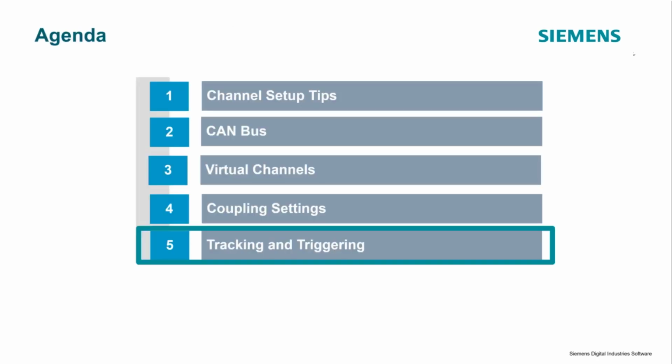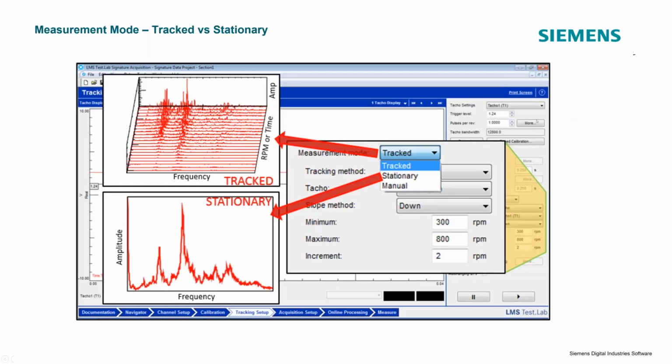Last thing we're going to talk about on the tracking setup page, there is a lot of important information you need to look at and set. So we're only going to talk about 2 things, detailed information. But really today, I only want to talk about the tracking method. That's the major choice we need to make when we're on this tracking setup page. Are we going to do tracked or stationary? Because we get quite different results. Tracked, we get this waterfall, or it could be a color map plot, a lot of different spectral measurements at different RPM or time steps. Or stationary, we get one average FFT.